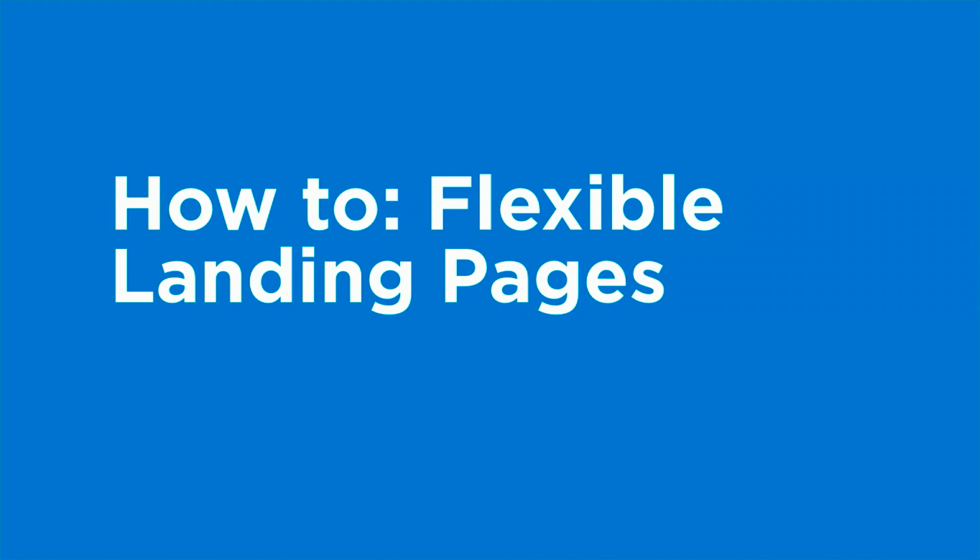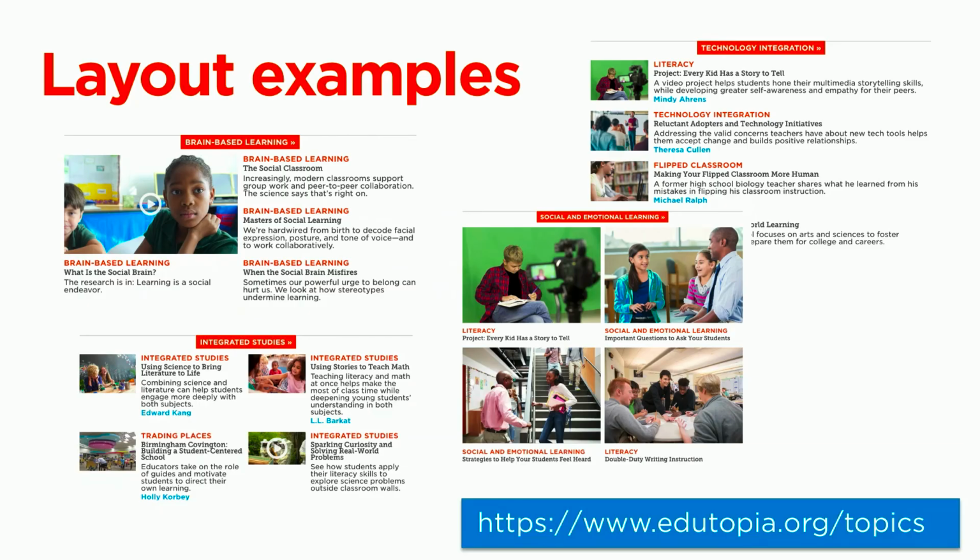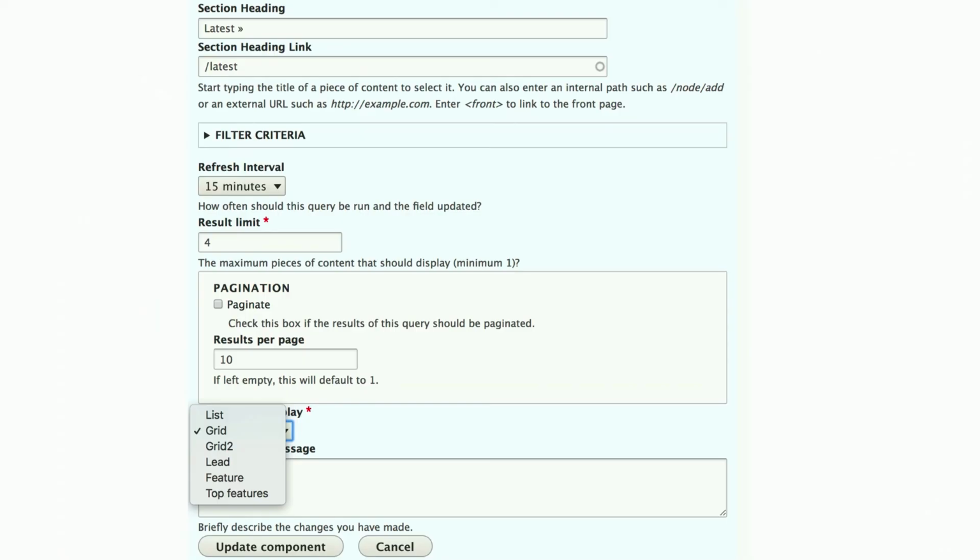So I'll give some examples. These are some of the layout examples you'll see on our website. We have a page about topics, and there's multiple topics. These are all automatically generated, though there's ways to manually generate them. These are 4 different layouts, and so this is a little bit about what the experience looks like to the